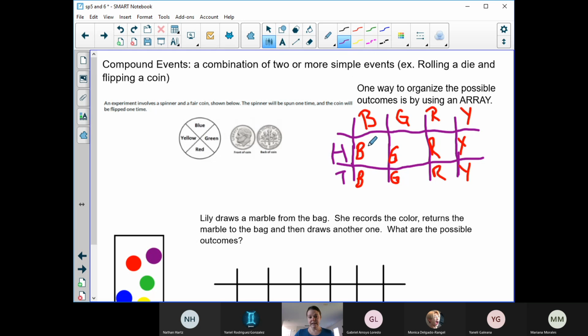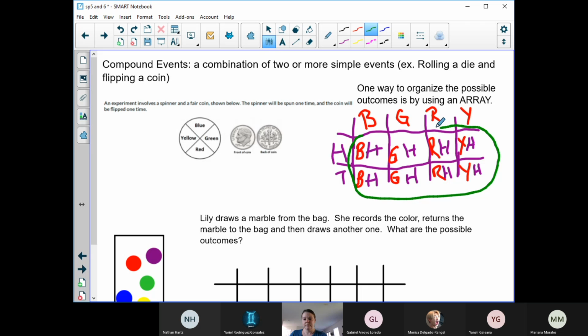Now I'm going to fill in my heads and tails. Everything that is listed here in the table: blue heads, green heads, red heads, yellow heads, and then,